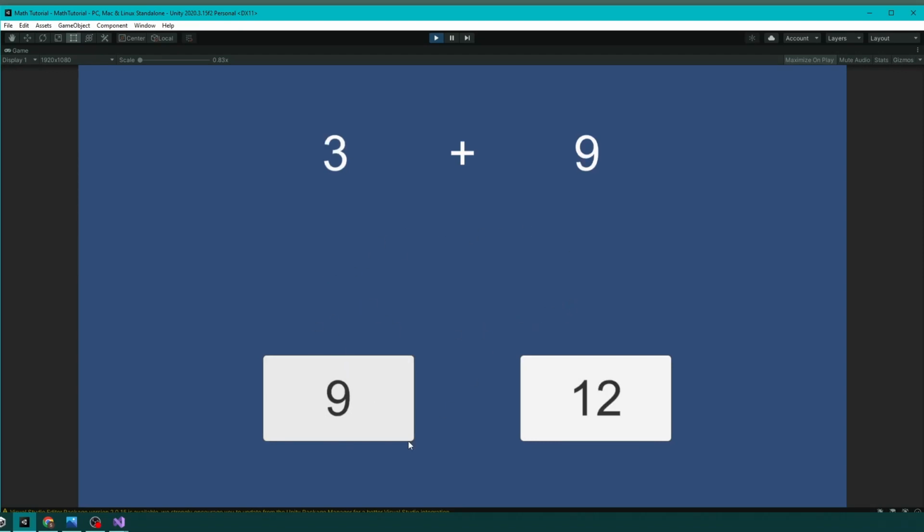Every time you get it right or wrong, the question will generate itself again. So it'll give you a new math problem. 8 or 12. So right or wrong. All right, and so we're going to start with a blank